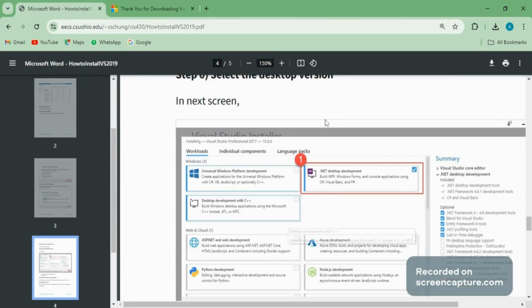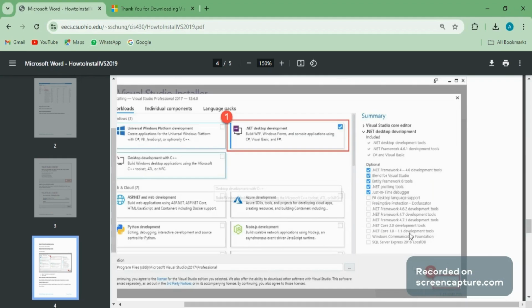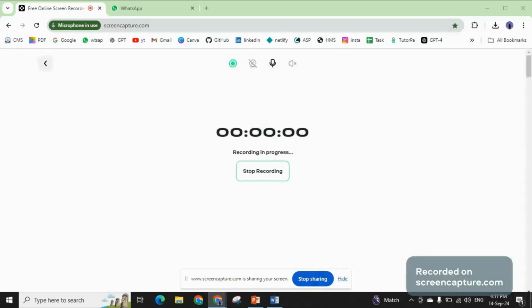Here you can select what features you want in your Visual Studio. Let's say for now we select ASP.NET. By clicking on this checkbox, you can select the options. Here it is selected, .NET Desktop Development. You can select ASP.NET Web Development, this one, and desktop development with C++. You can see this option by scrolling down, and data storage and processing. By selecting these three or four options, you can click on the install button at the bottom. It will take some time to get installed, and after it installs completely, you can just close the window.